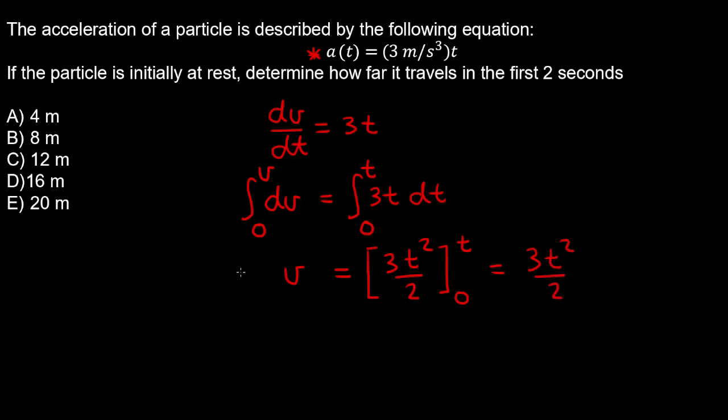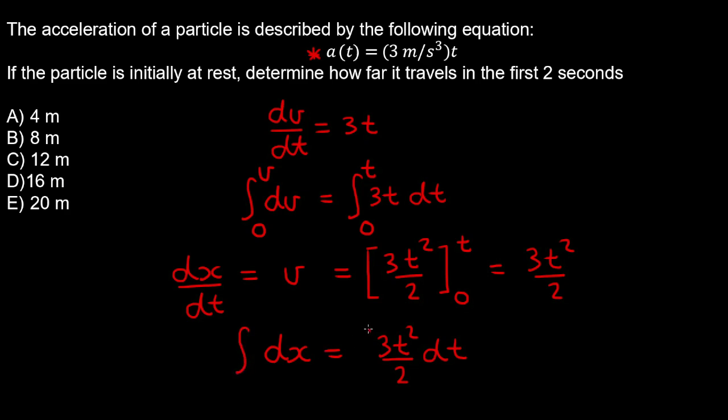And given the velocity is the rate of change of position with respect to time, and separating the variables, we have dx is 3t squared on 2 dt,